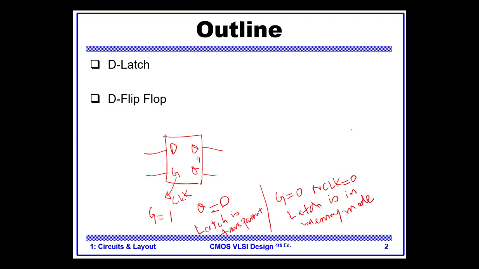What that means is that the output Q is equal to the output. Means whatever is stored there, it stays there inside the latch. So this is storage. So basically a latch can store a single bit,